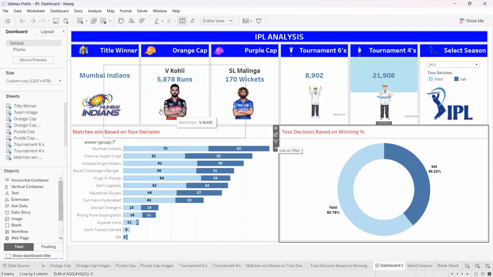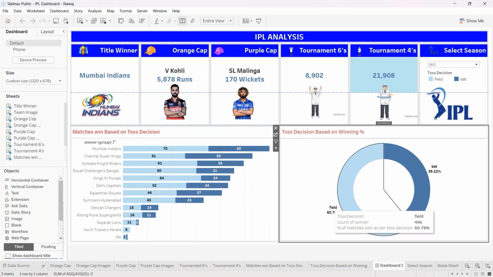So see, this is my first KPI, key performance index, the title winner of the match, which team is the winner of the match. Then we have the orange cap of that particular IPL, then the purple cap, tournament success, tournament form, and select seasons like this. So guys, first we will create these KPIs, and then we'll go with creating the plots. So let us go ahead and create the